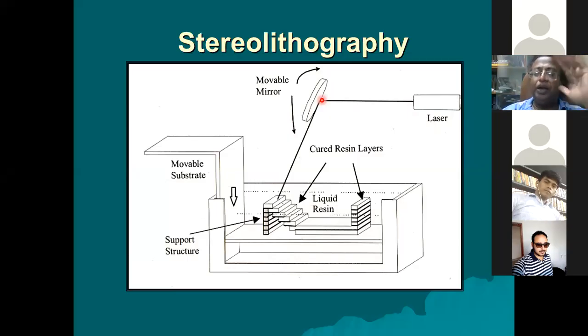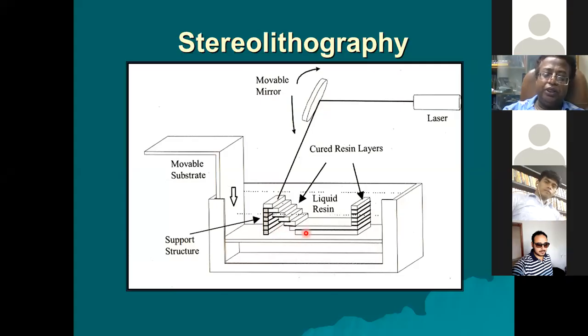The mirror rotates by numerical, digital commands. We have already calculated the information related to the first layer and generated the different paths, so it has already calculated where the laser spot should move. Accordingly, the mirror rotates so that the laser spot moves on the surface of the resin.